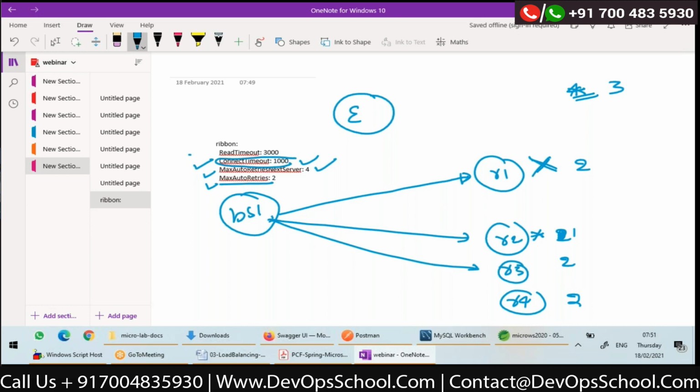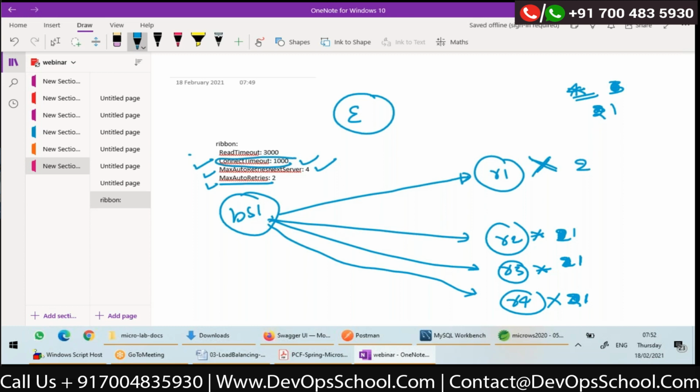So let's say this is also down as of now. So the number of retries available for next server will be 2. And on this server, it will become 1. Then again it will make a call. Let's say this also is down. So on this server, 1 more retry is remaining. And this becomes 1.